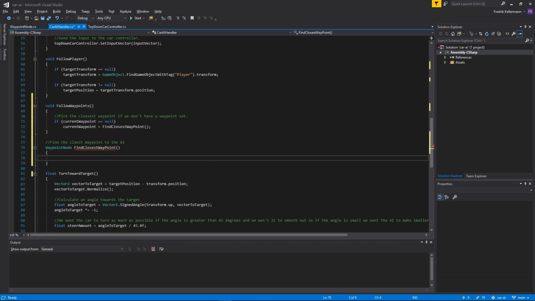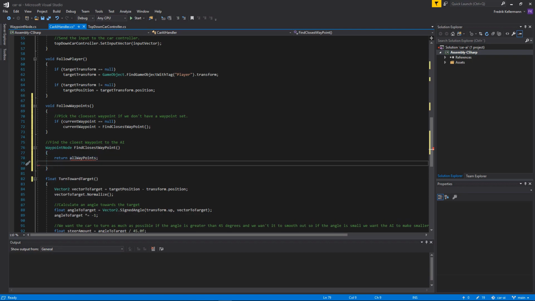And what we do is we take all the waypoints that we already had, and then we use a LINQ statement to order it and find the closest one to the actual AI. We use OrderBy and then a lambda expression. T is just any name, just a default value. You can use A, B, X or whatever you want, but we use a T as in transform. And then we check the distance from R, the AI's position,